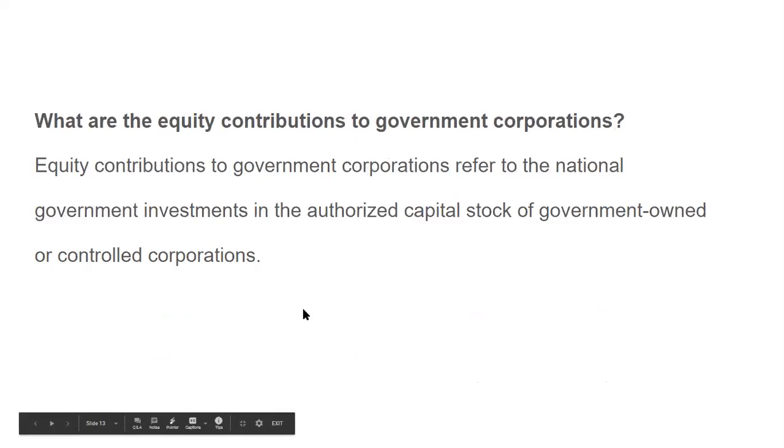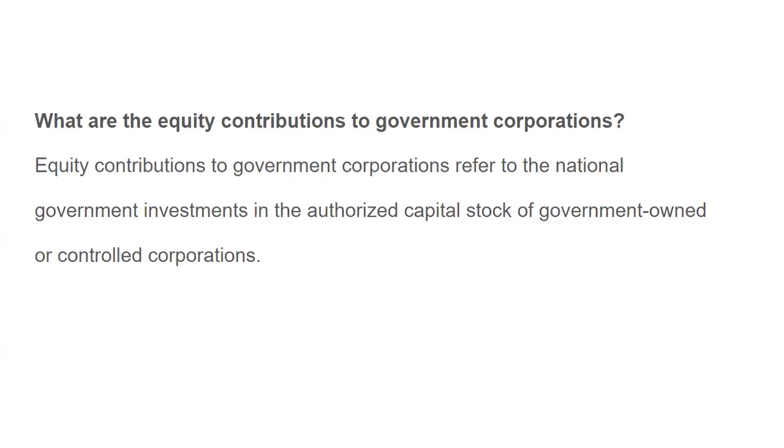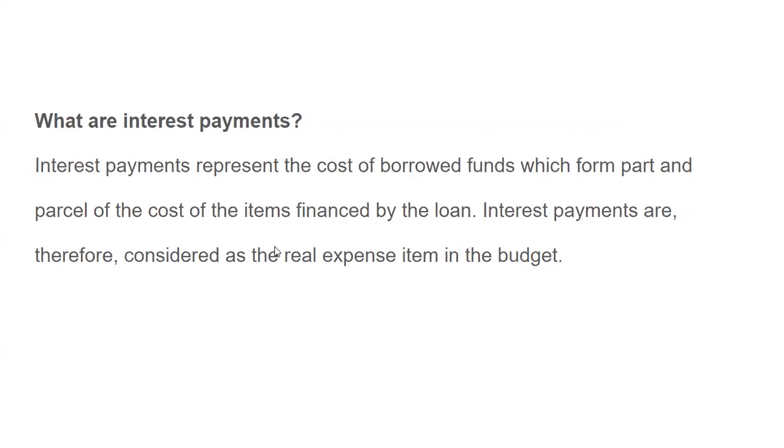Now, what are equity contributions to government corporations? Equity contributions to government corporations refer to the national government's investment in the authorized capital stock of the government-owned and controlled corporation. What are interest payments? These are money which is borrowed and incurs interest. Part of that forms part of interest payments,